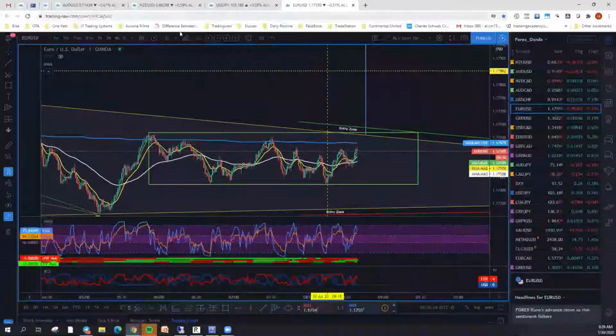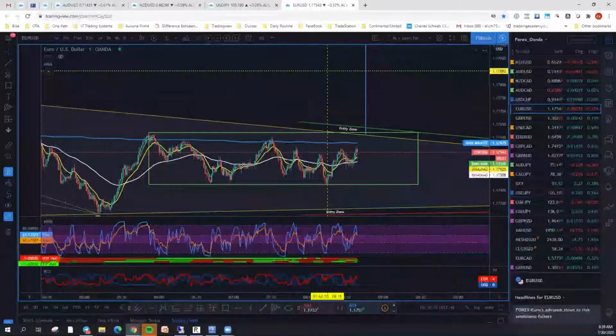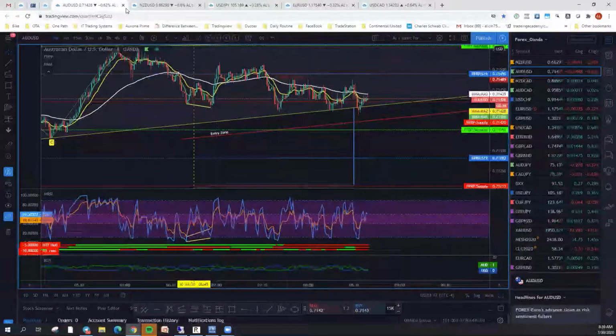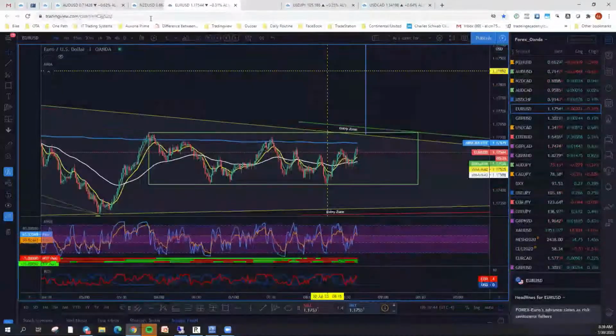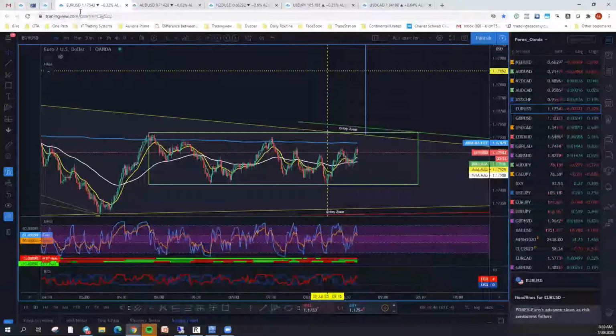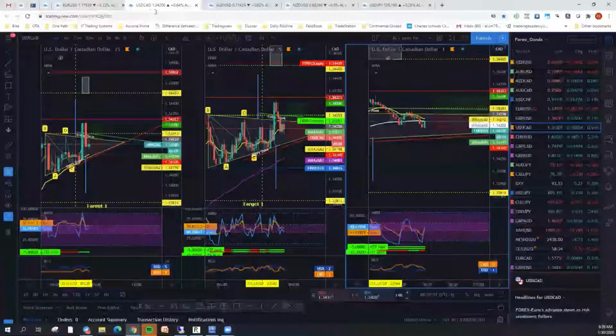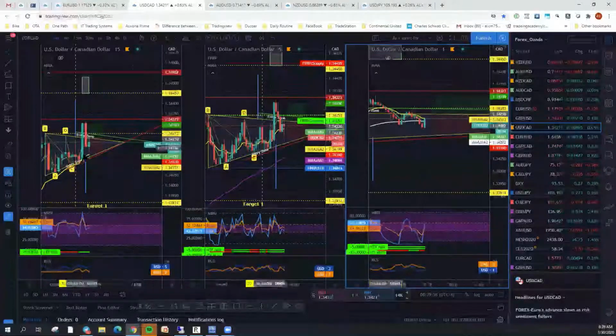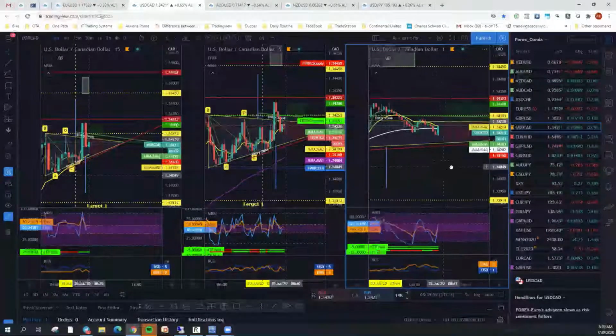If we look at our US CAD trade, so this is our setup for the Euro US. Come back over here to our US CAD. And let me go, how's our Aussie doing? Aussie's still meandering around. So I'm going to put this over here, and put this one next to it so I know where my next two are. And so we have our CAD trade. It's still inside the wedge. It hasn't gone anywhere. It hasn't broken out of the bottom.